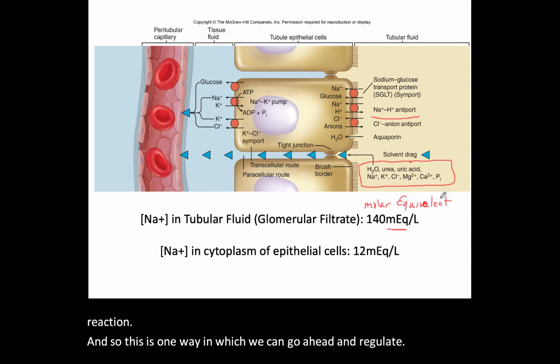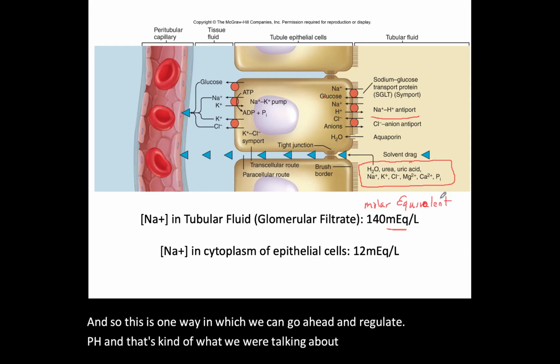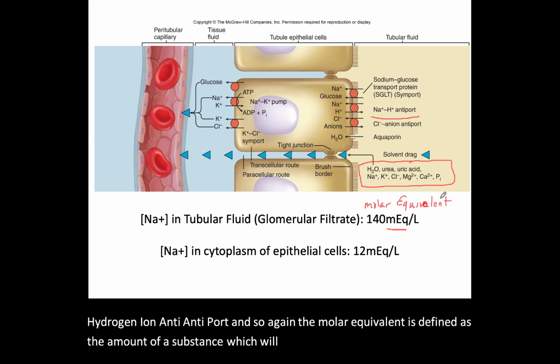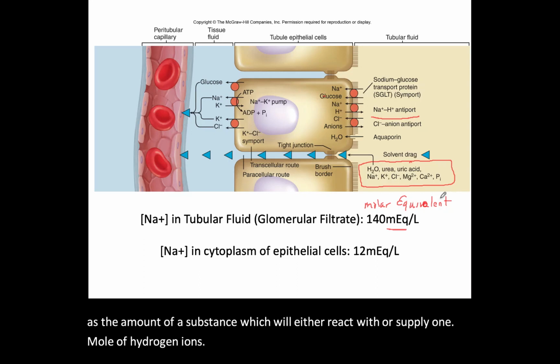And that's kind of what we were talking about with the sodium and hydrogen ion antiport. And so, again, the molar equivalent is defined as the amount of a substance which will either react with or supply 1 mole of hydrogen ions in an acid-base reaction,